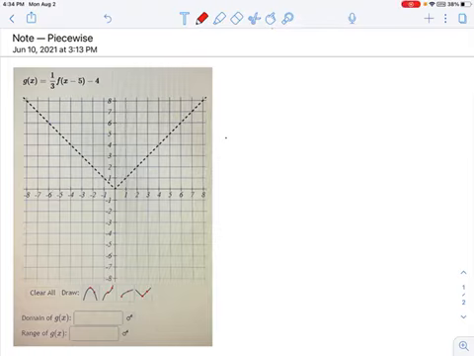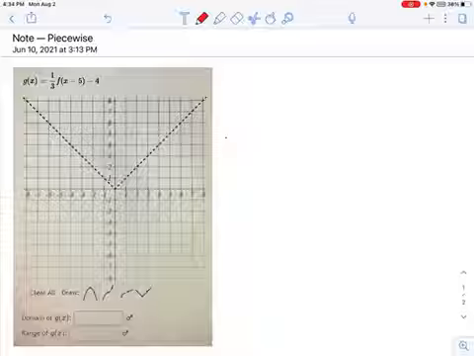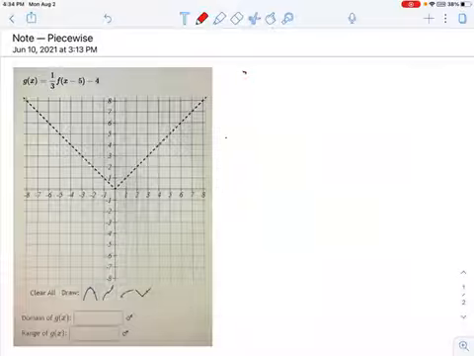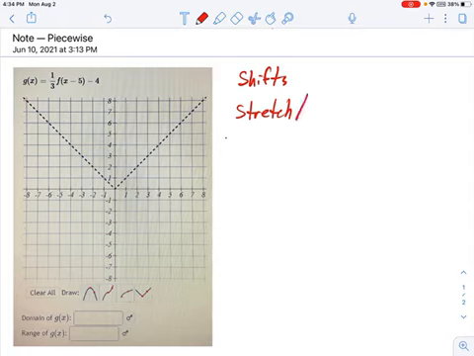So we have here a function, and it doesn't tell us what it is, but the question wants us to transform it somehow using what we've been talking about with graphing transformations in class. And if you remember, there are two main categories of graphing transformations that we've discussed so far. There's more coming, but so far what we've talked about is shifts and stretches. And sometimes stretches include compressions. Okay, it's just a different kind of stretch.